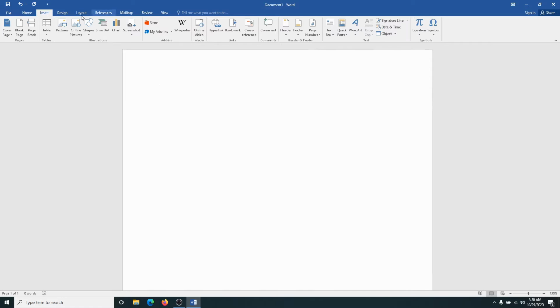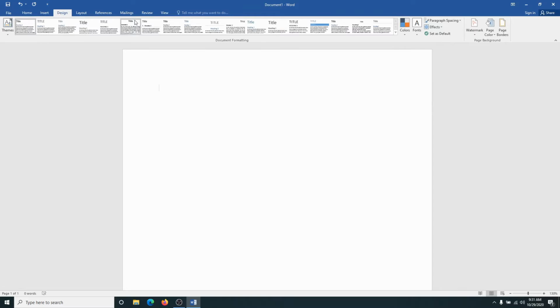Our next tab is called the Design tab. If we come to the Design tab, we can see once again the ribbon changes again. And the Design tab deals with designing the document. And we can choose different themes. And we can choose document formatting, how it's going to look. And we can see all these samples here. We can choose what color the document is going to be. We can choose what kind of fonts we're going to use. We can determine paragraph spacing, different types of